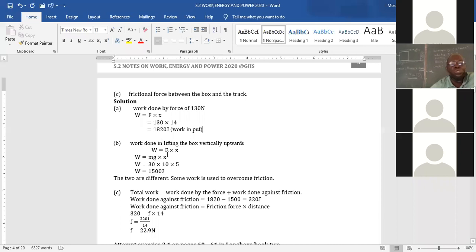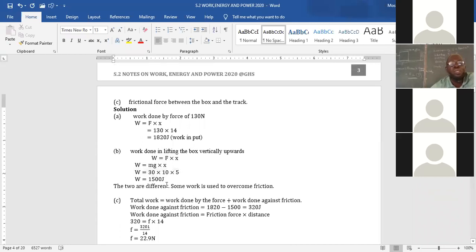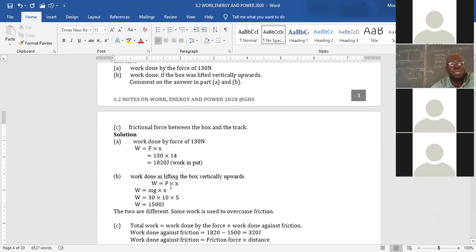So, how do we find that? Work is always calculated as force times distance. So how do we get this force now? There is gravitational force, so you multiply the mass of the box by the gravitational acceleration to get the force. So this is going to be the weight of the box